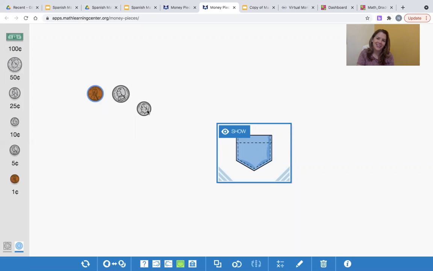Students can click on the image of each coin and place it in the pocket. Once they place it in the pocket, they can show the pocket, or they can even click on the eye icon and hide the pocket, and you can see the coins that are in, and then go back to see the pocket. You'll also notice there are other features where if students want to explore the actual coin, both the